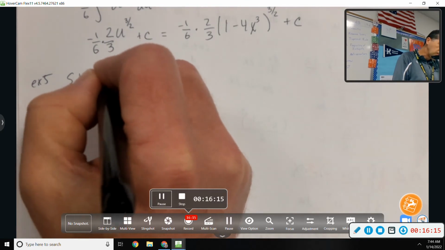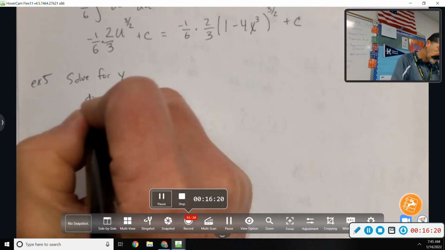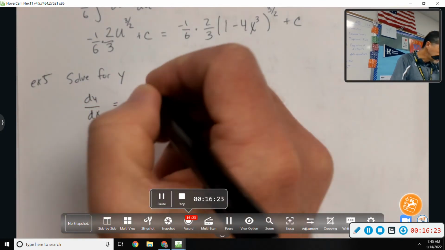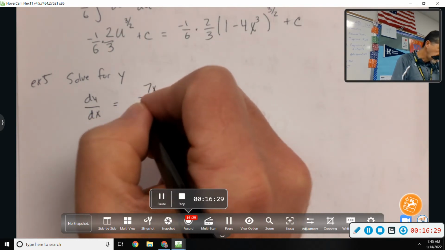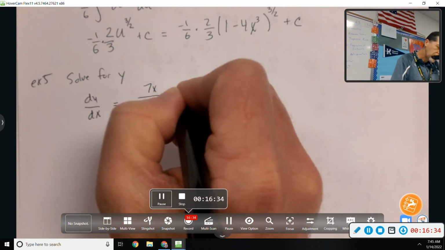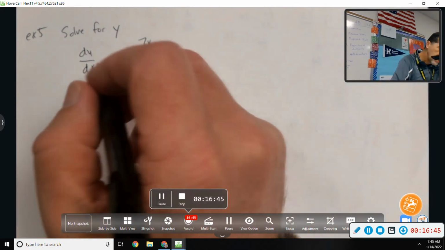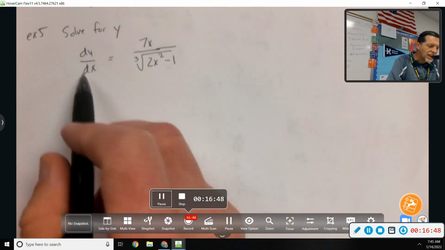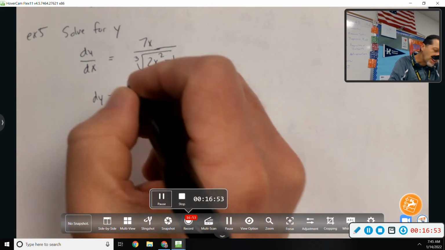Here's a little bit different way to ask the question. Solve for y if dy/dx equals 7x over the cube root of 2x squared minus 1. This adds a little bit of a step at the beginning. Let's move the dx to the other side. Again, dy/dx is not a fraction, but we treat it like a fraction. That's not really a satisfactory answer, I guess, but